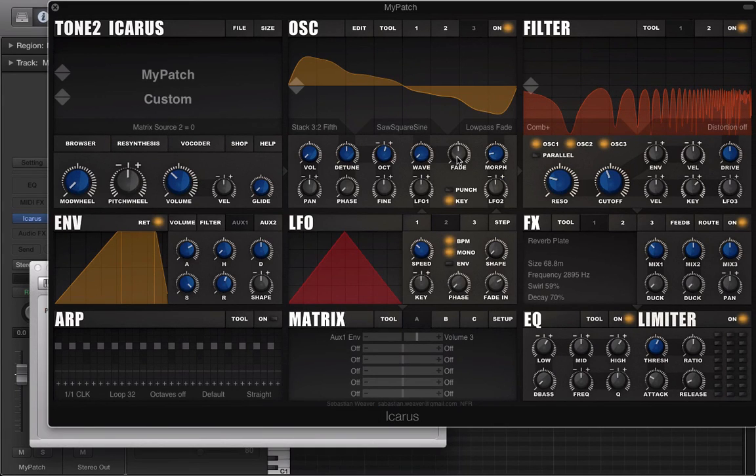And we created this with resynthesis, a little bit of layering, a comb filter that we could probably add a little bit of